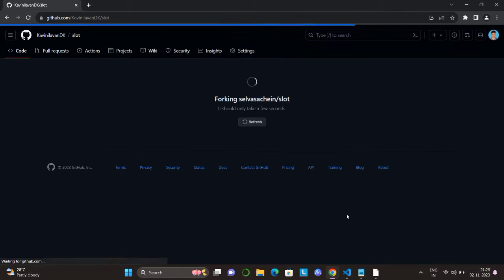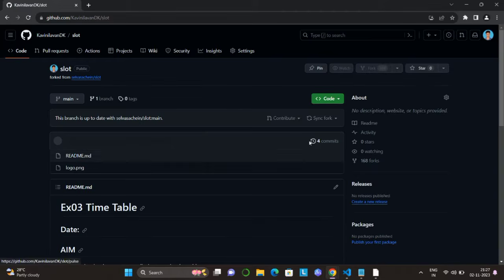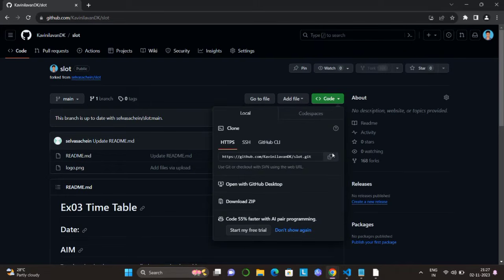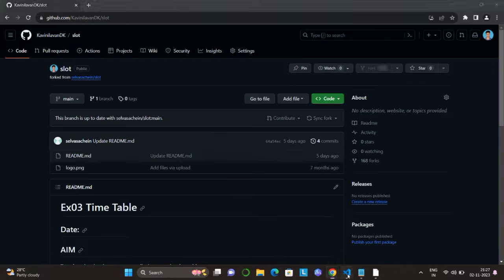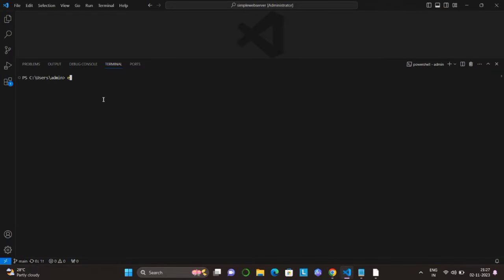After creating the fork, click code and copy the forked GitHub link. Now open VS Code and initially activate the environment. And once the environment is activated, you have to clone the GitHub repository like this. And once it is cloned,